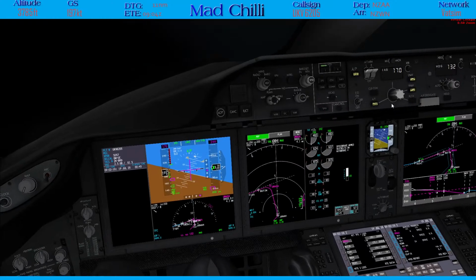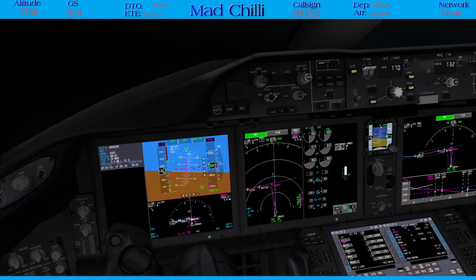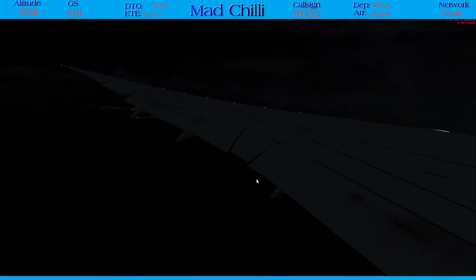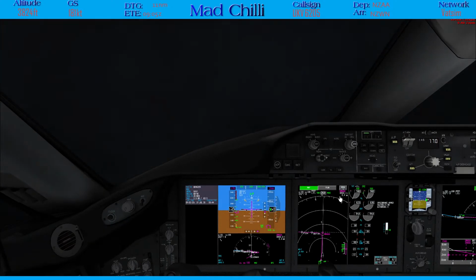We'll go 170 knots now. Allow this thing to slow down a little bit more for landing. And he's on 1737, the departure will be the Intus 1 Quebec departure. And then we're heading to Umaga, which is the...